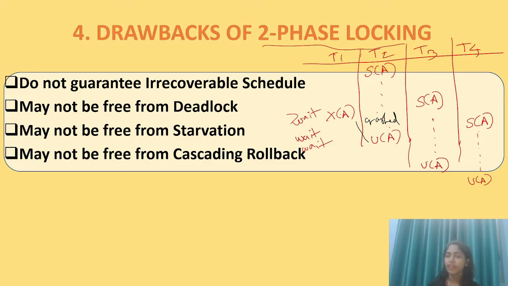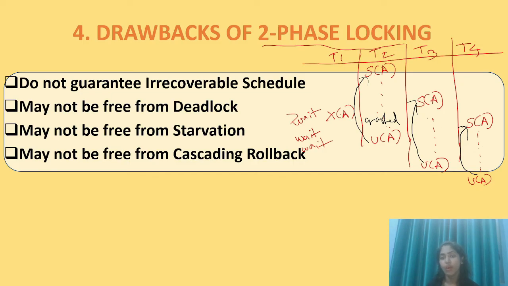So what will happen? It will roll back to the starting position. Since T2 is rolling back, T3 also has to roll back to its starting position. Why? Because T3 has taken the lock from T2. Whatever value T2 has read, the same value T3 will read. So it has to unlock and roll back. Since T4 is dependent on T3, because it is taking the shared lock from T3 and reading the value that T3 has read, if T3 is rolling back, T4 also has to roll back. So this is called cascading rollback.